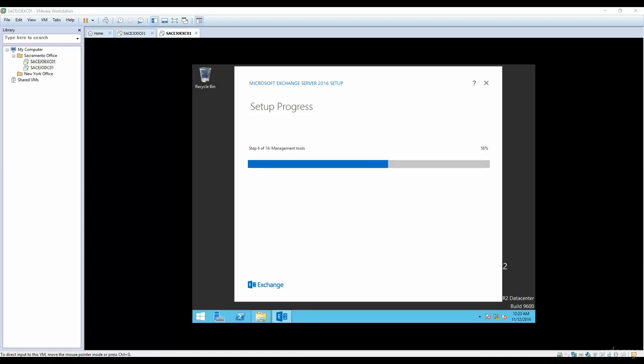So it is just going to continue installing different components for Exchange Server, making sure the services are up and running: the mailbox role, hub transport role, client access role, all those roles that are required for our Exchange Server setup. So let's see how it's going to go, and I hope it's not going to give any error, because in